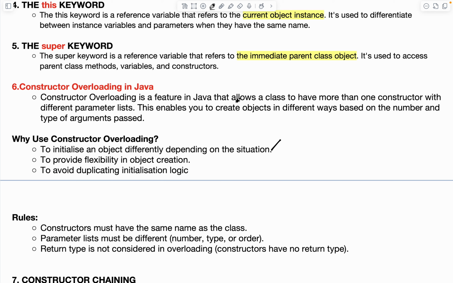Constructor overloading is a feature that allows you to have more than one constructor with different parameter lists. Okay, see, it provides flexibility. Now you are creating the flexibility, right? The object you are creating with whichever information you want, so it is providing you flexibility